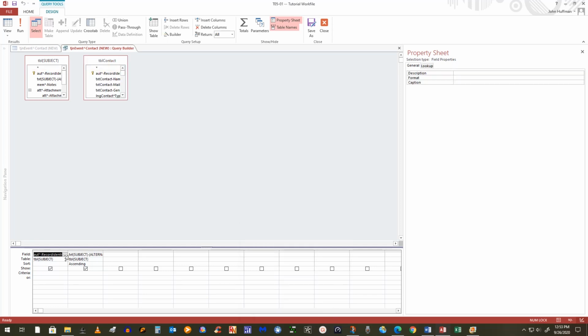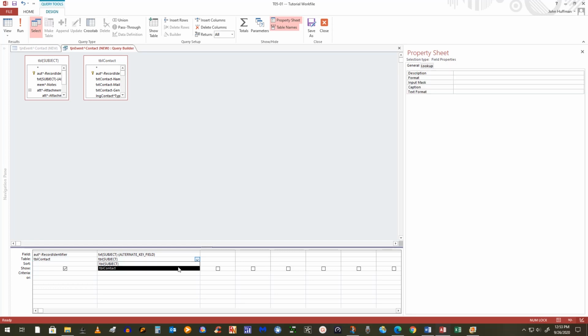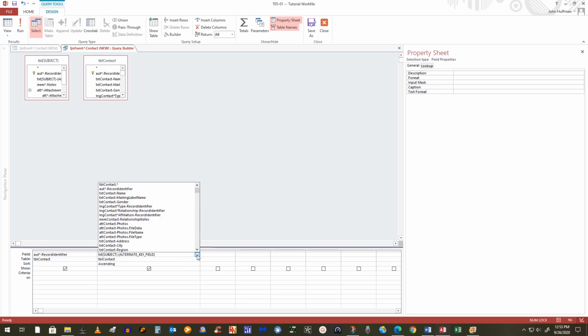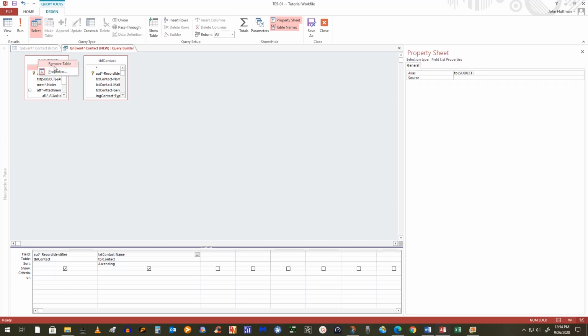go down here and expand this and this one so I can see a little bit better. And I change that to contact, the TBL contact, and I change this one to TBL contact, and I change the alternate key to the contact name. That's the single field alternate key for this. Sending order, I don't have to show anything else because those are the only two things I need. And then I close down the subject, remove table,